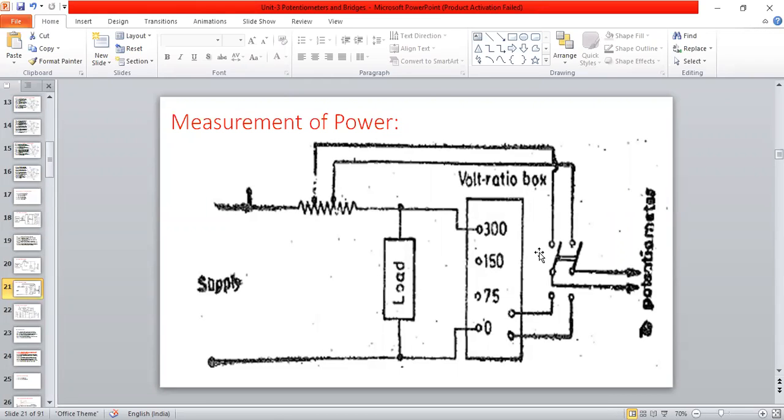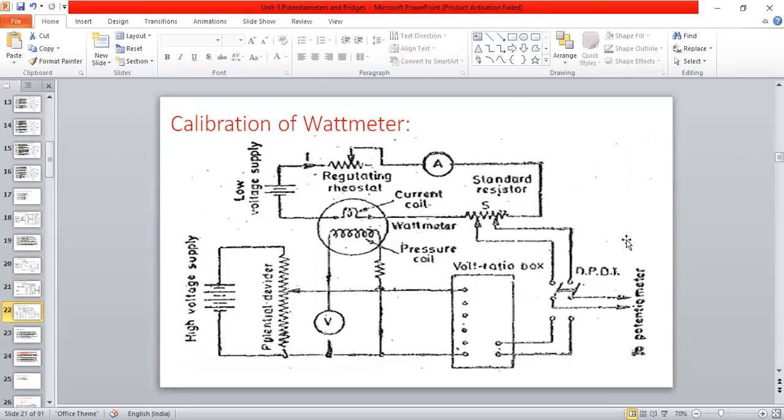For the DC, I am not asking about voltage and current, or resistance and current. I am asking the product of voltage and current. P equal to VI formula, madam. Okay. Here the voltage ratio you have considered. Here current ratio you have considered. By shorting this one, the power measurement, you are going to do that one here now. Okay. This is the wattmeter.